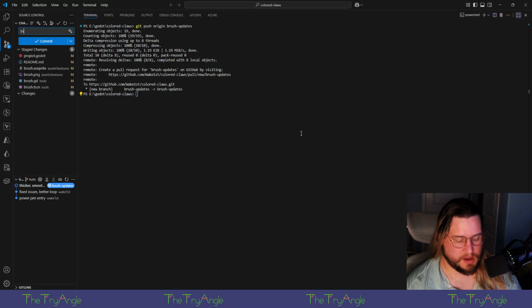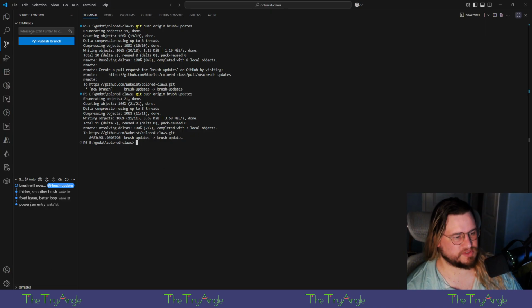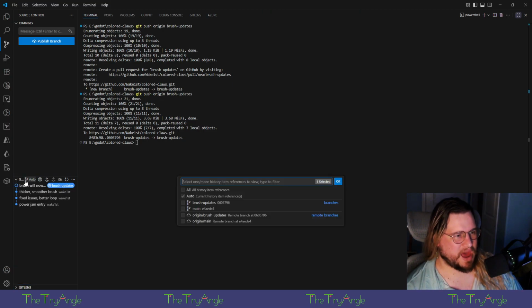Okay. Brush will now fan. Cool. What's that GitHub thing? GitLens. It's like git blame. All.